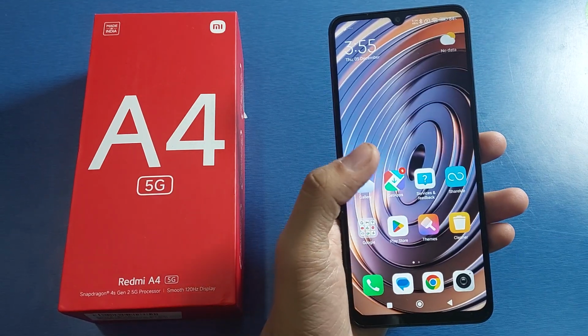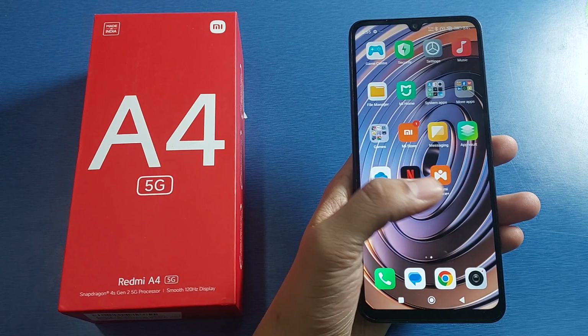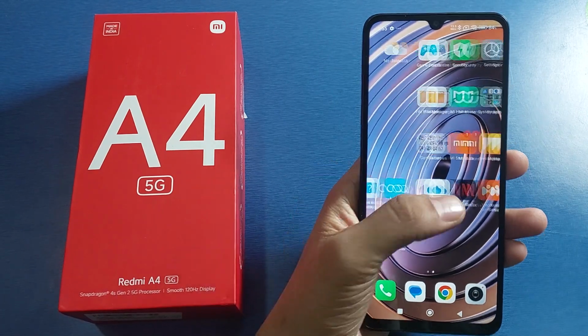In this video, I'm going to tell you how to fix the floating keyboard problem in your Redmi A4 5G